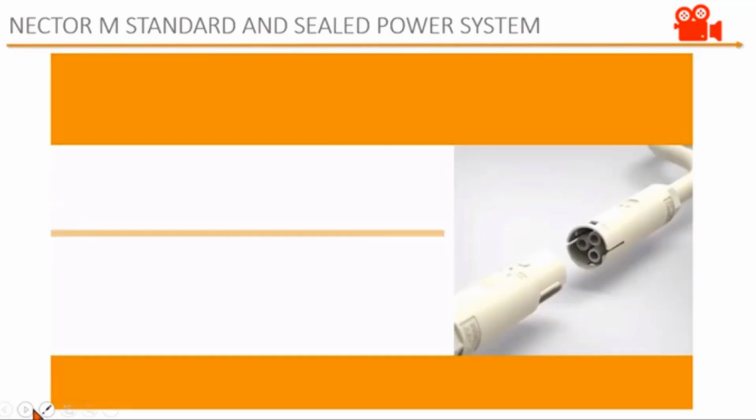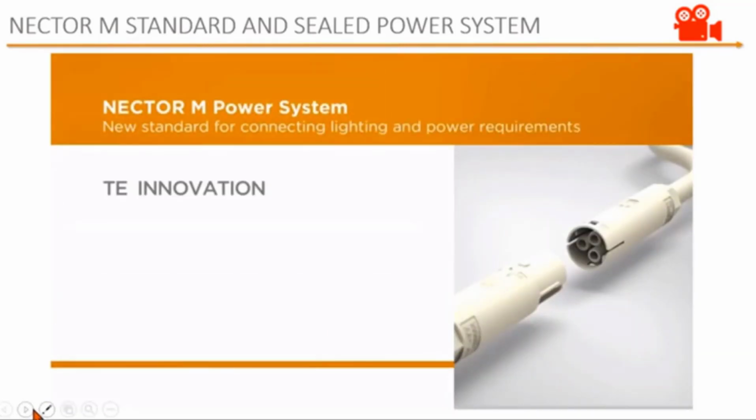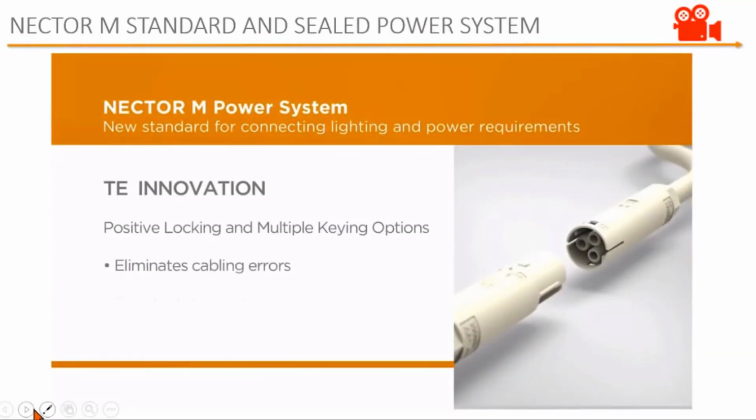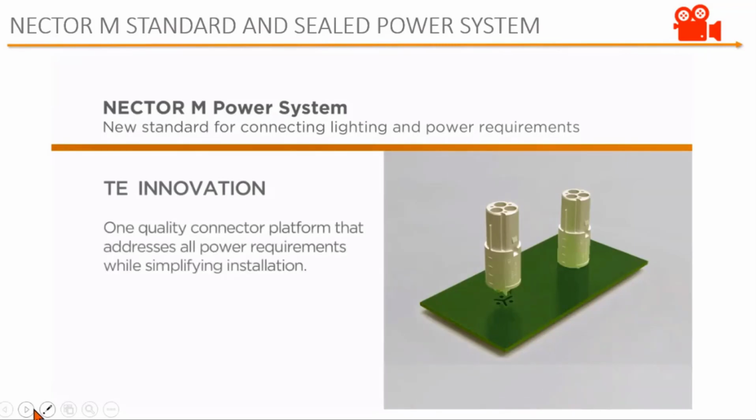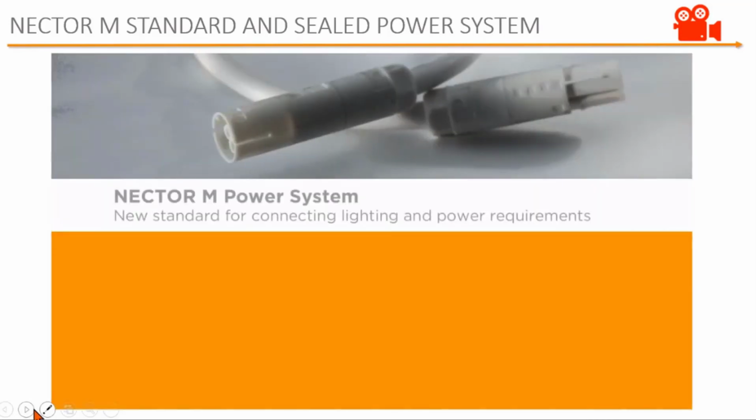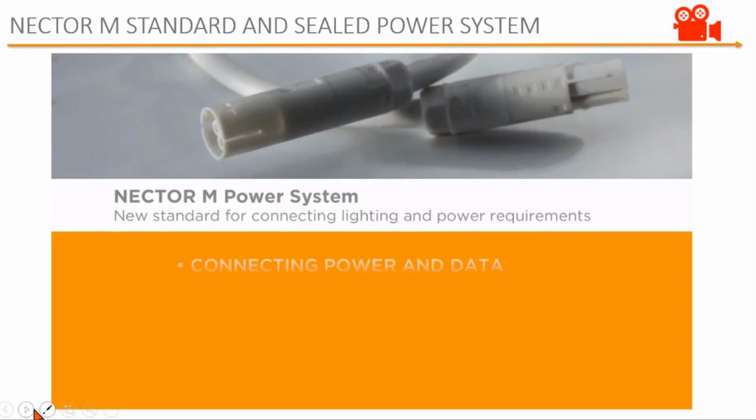Based on input from our customers, we designed the Nectar M system with positive locking and multiple keying options to help eliminate cabling errors and allow for rapid, risk-free installations. These features offer our customers a single quality connector platform for all power requirements while reducing installation time, on-site labor costs, and overall waste. The Nectar M unsealed power system offers customers a space and time-saving alternative to hardwire connector